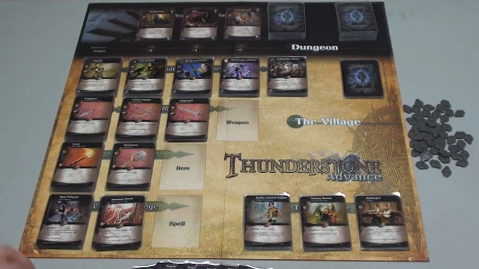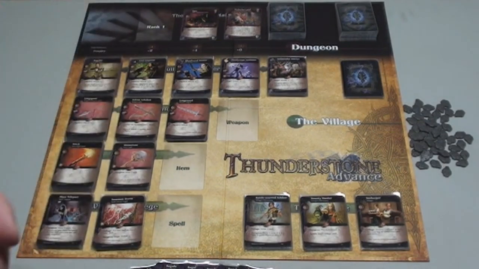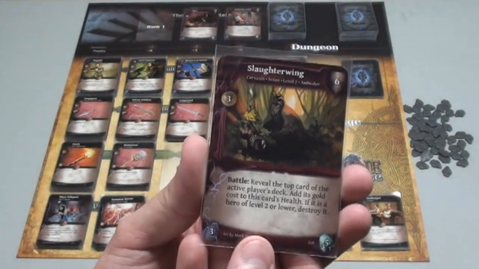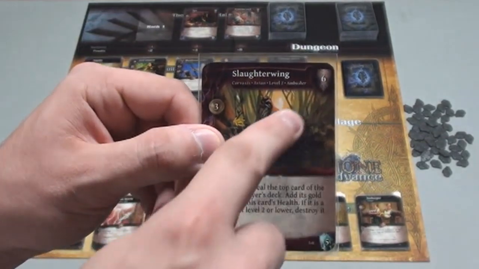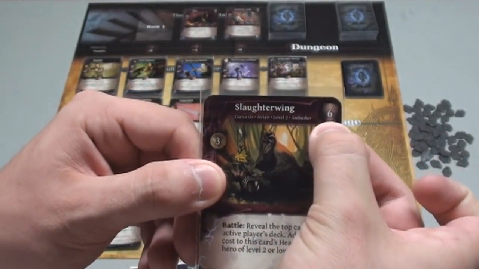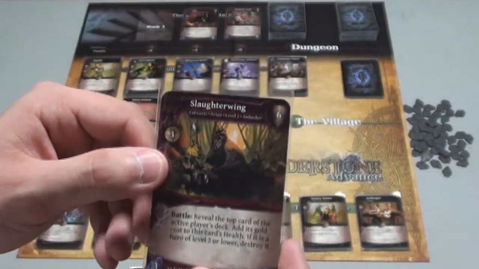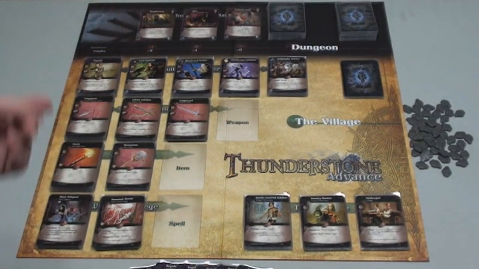Looking up at the dungeon, let's take the first card here, in rank 1. This is a Slaughter Wing. You look at the defense of the card in the upper right hand corner. This is the number you need to meet or beat in order to defeat this creature. Since I have 6, and the creature is a 6, I would be able to defeat it normally, but